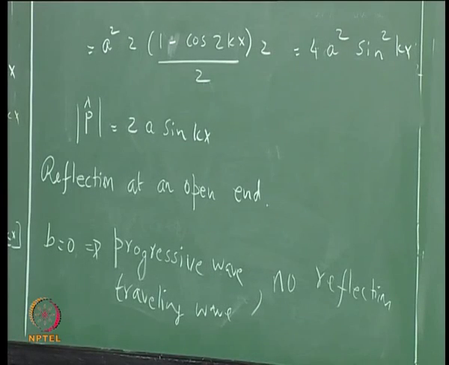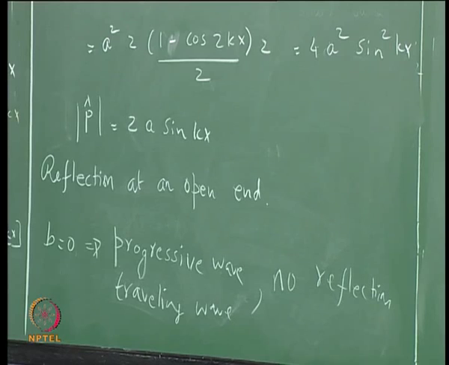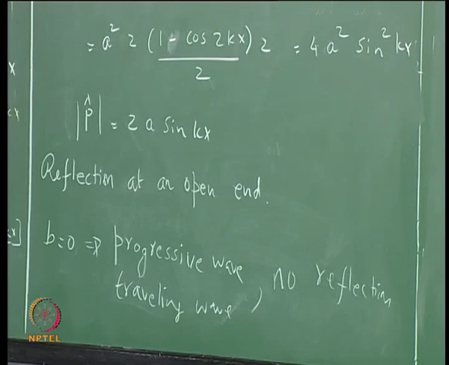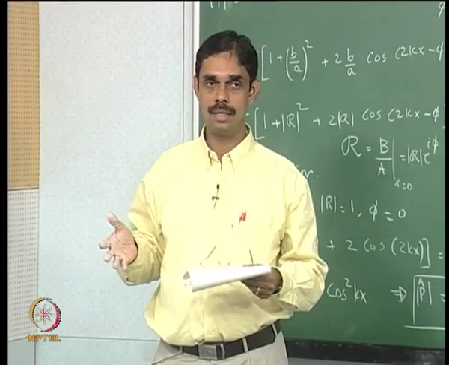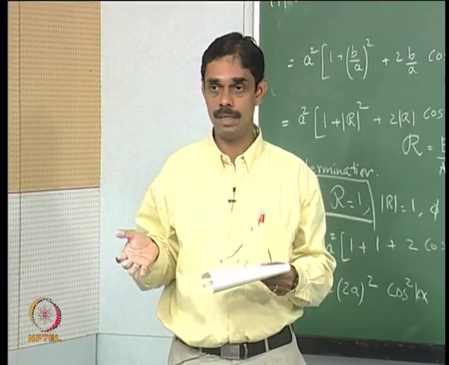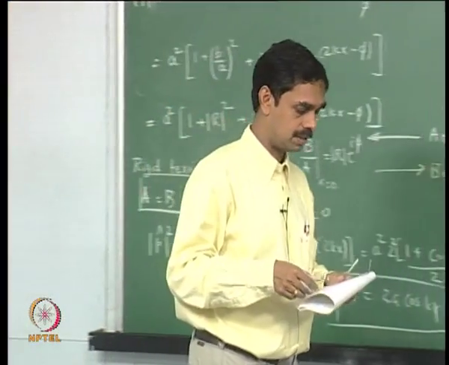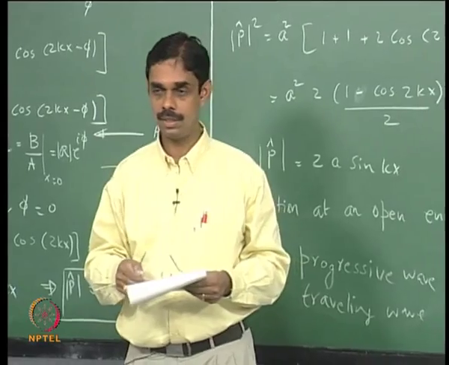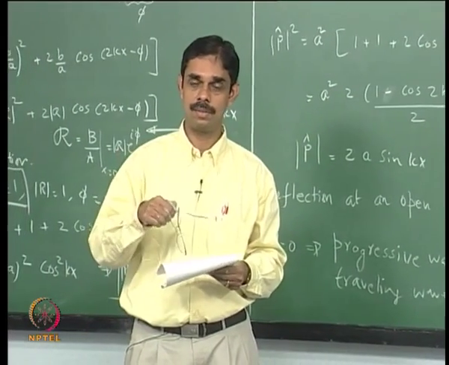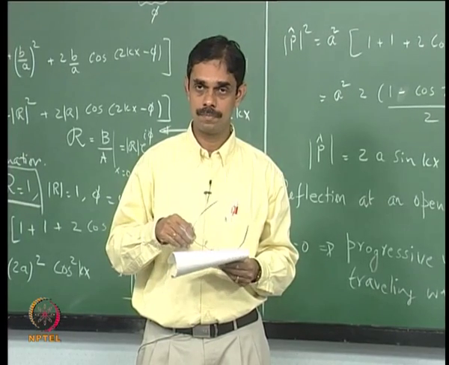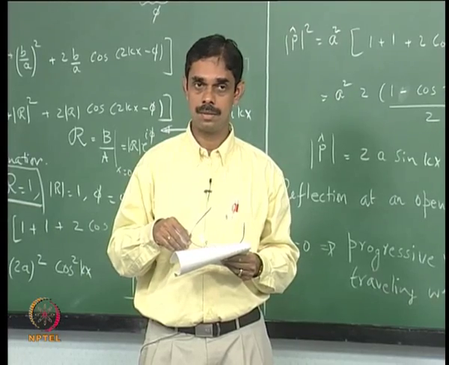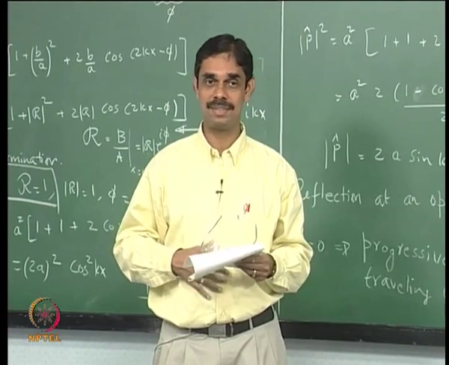Now what we need is to determine the acoustic velocity, and once you have an expression for acoustic velocity, we can determine it at x equal to 0, and then the admittance is just the complex amplitude of acoustic velocity divided by the complex amplitude of acoustic pressure. So how do you determine acoustic velocity? Rajesh, how do you determine acoustic velocity? This is the fatal mistake we all make.